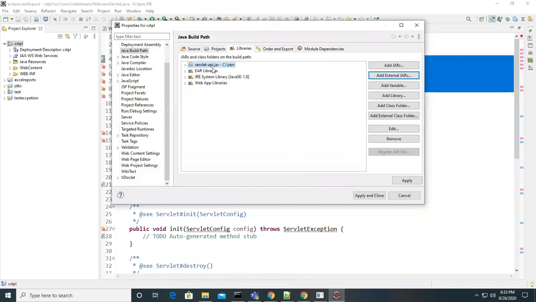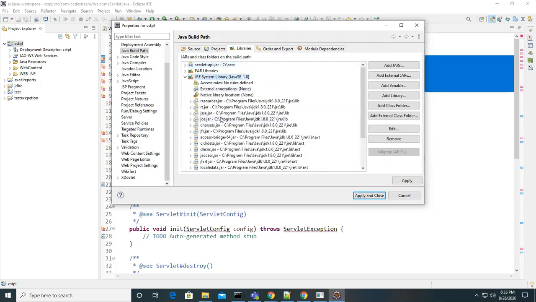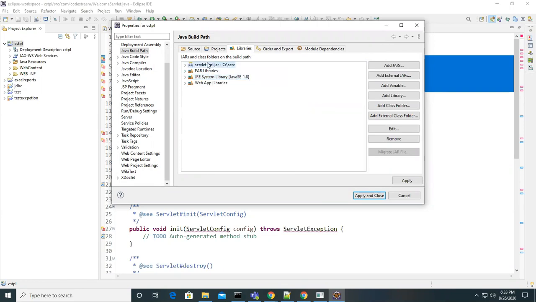What I did was add a library. What is the library I added? By default, Eclipse already has those libraries. Look at this, the JDK and JRE libraries. That is the reason we need not set them. And this is the new thing, which is not there by default. We are just adding that jar, then applying and apply code.